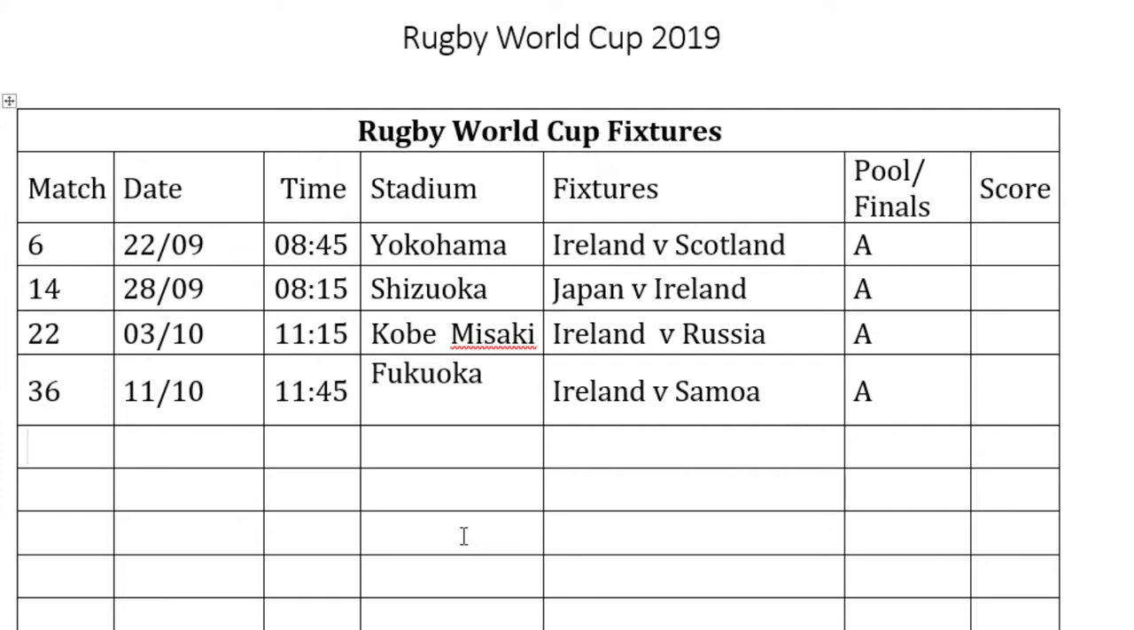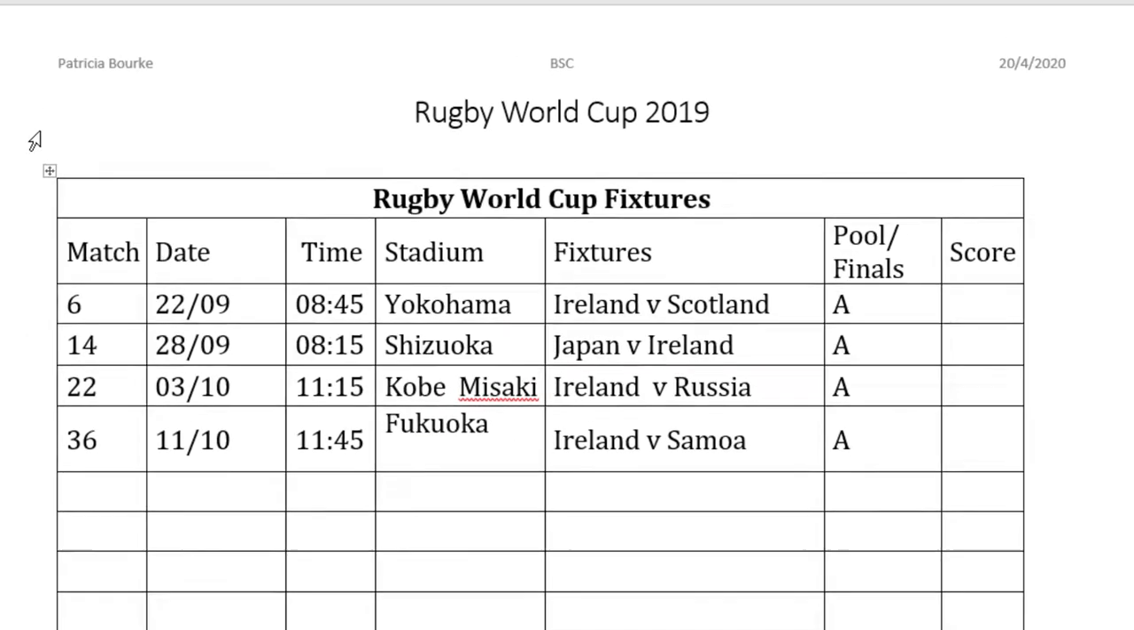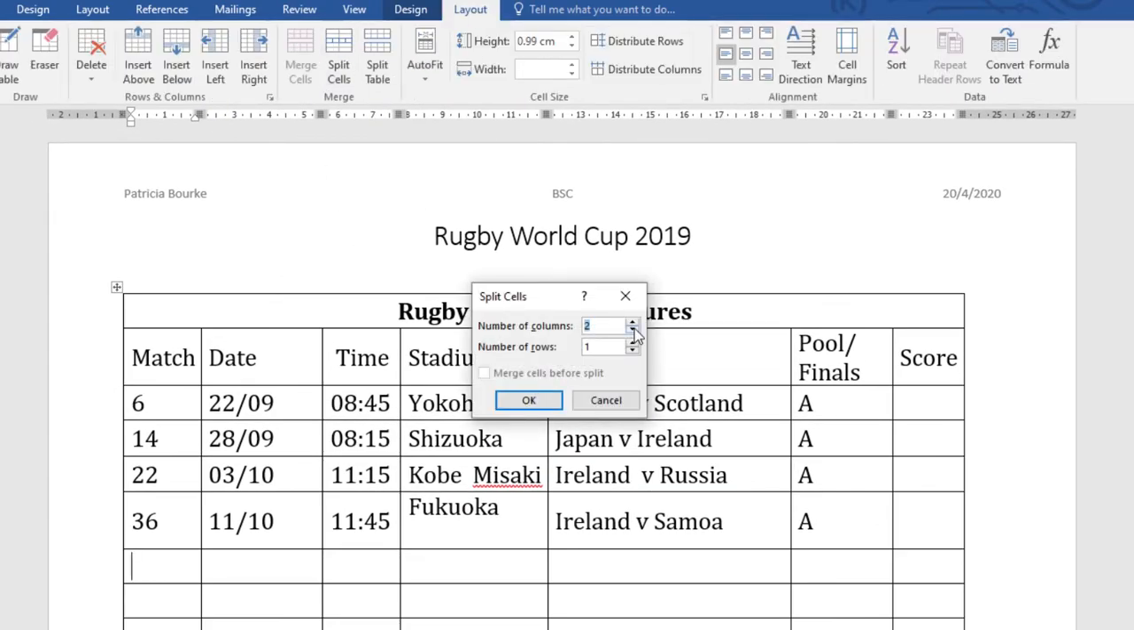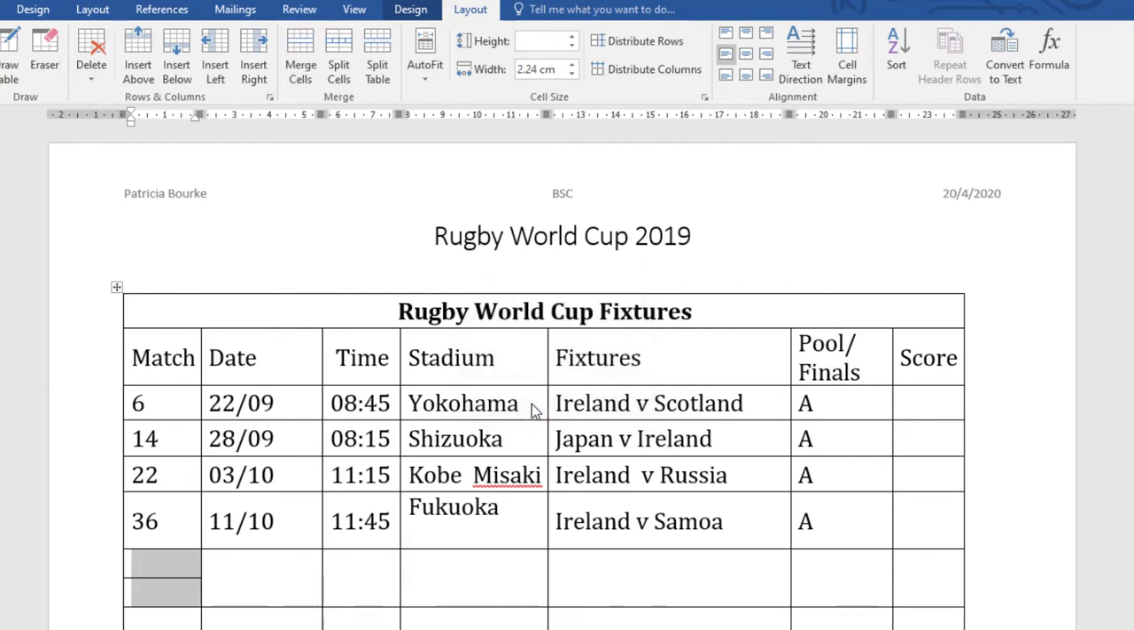The next part is to do with splitting cells. If you look at matches 41 and 42, you'll see they're beside the date, but the date, there's only one thing in it, whereas there's 2 rows in the 41-42 section. What you do again is go up to layout. You want to split cells, and in this case you want 1 column, but you want 2 rows, and you go OK. Okay, so now I can fit in this 41 and 42,